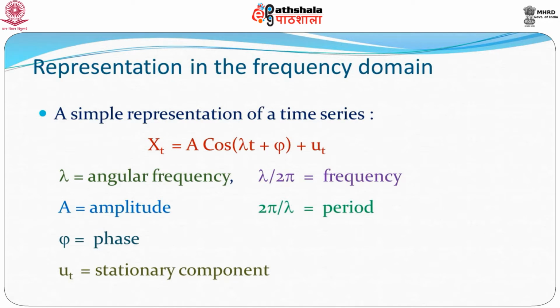So, you can see that in this case we are trying to represent the time series in terms of a sinusoidal curve and some random component. What later on we will see is that we will not have such simple time series. In most cases, a time series would be composed of a number of such sinusoidal curves, and we will take a linear combination of those curves to represent the series.